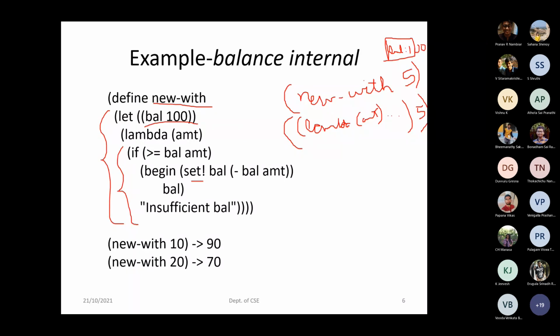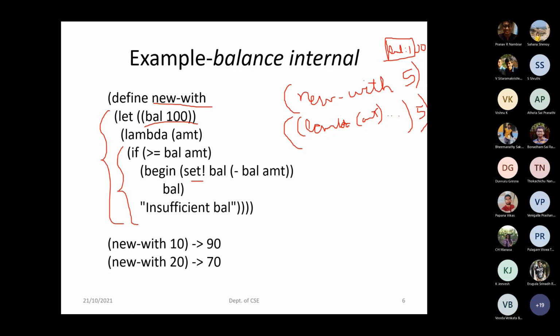Ma'am, if we use define inside new withdraw also, we cannot define more than once, right? Define new withdraw, after that define balance to be 100, and we cannot define more than once, right?